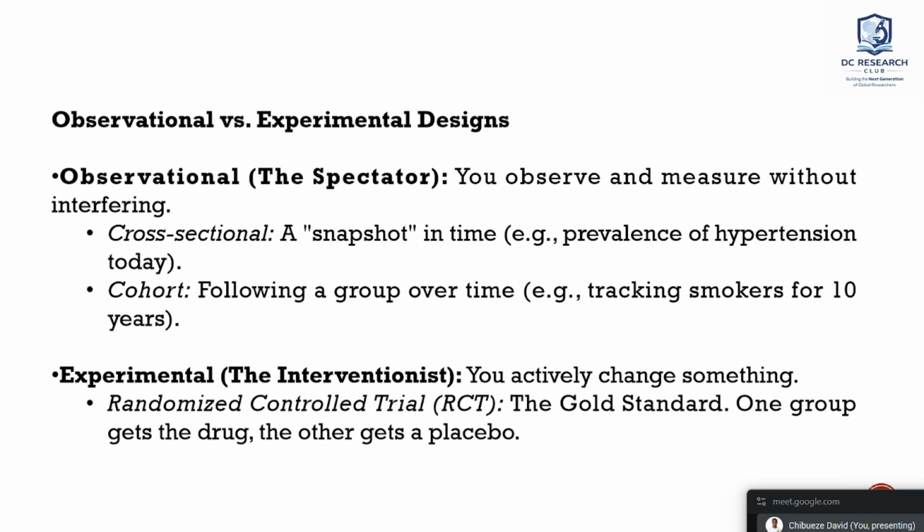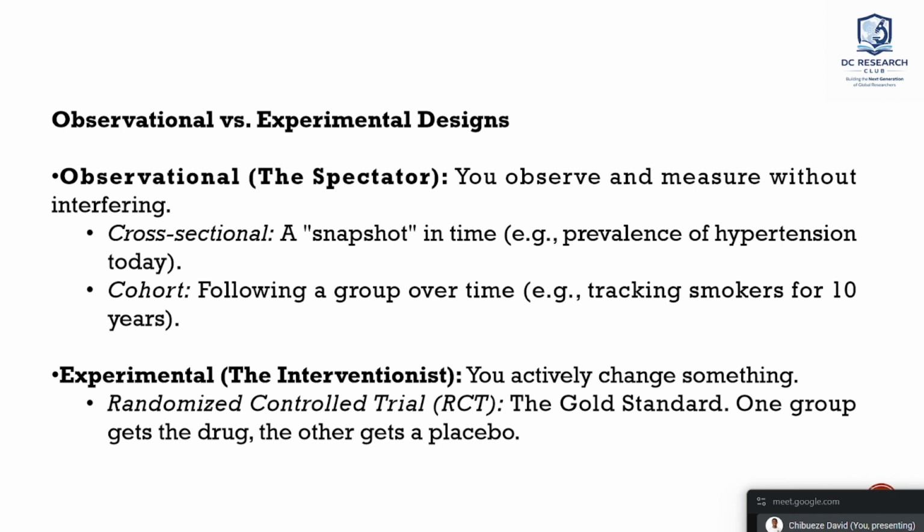We have a cohort study. A cohort study is an example of observational study design. A cohort study basically says that you are following a group over time. So, for example, you are going, of course, forward in time. You are tracking 10 smokers for 10 years. A cohort study is an observational study. You are not doing anything, you are not interfering, you are not doing an experiment, you are not adding